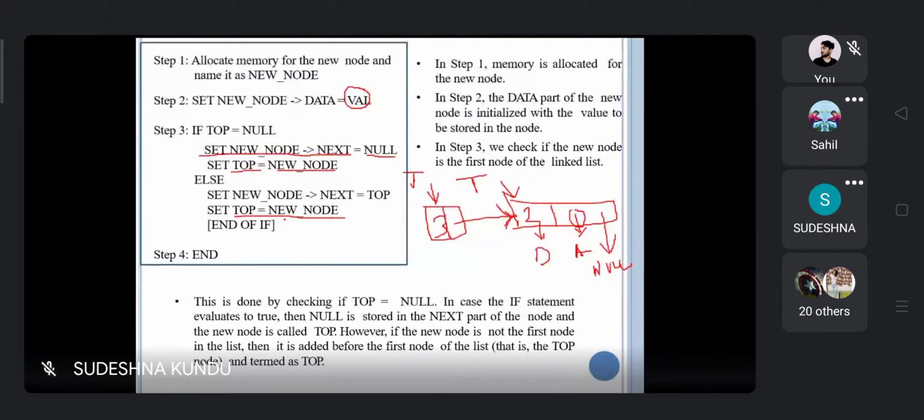Ma'am, when we are inserting the element at the first position in case of linked list, it will be using the push operation, as you told. Ma'am, how is it possible? Suppose when we are inserting an element, it will be like the